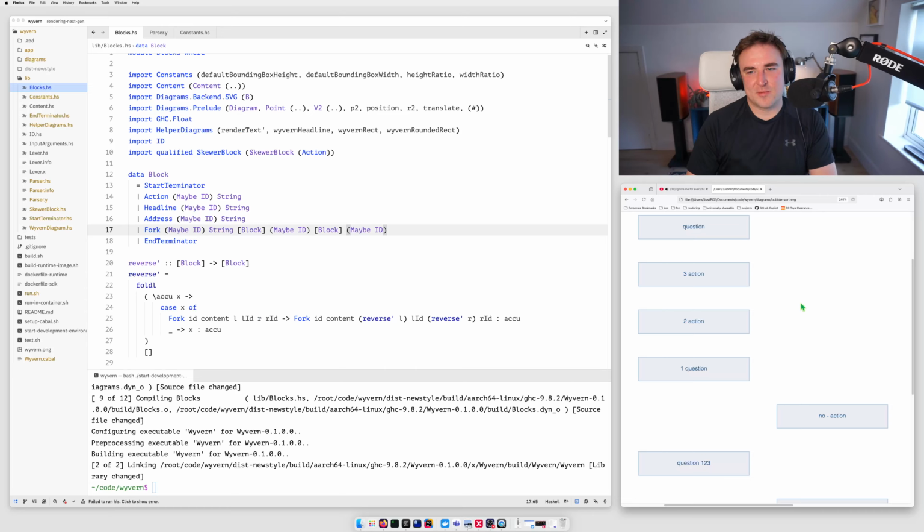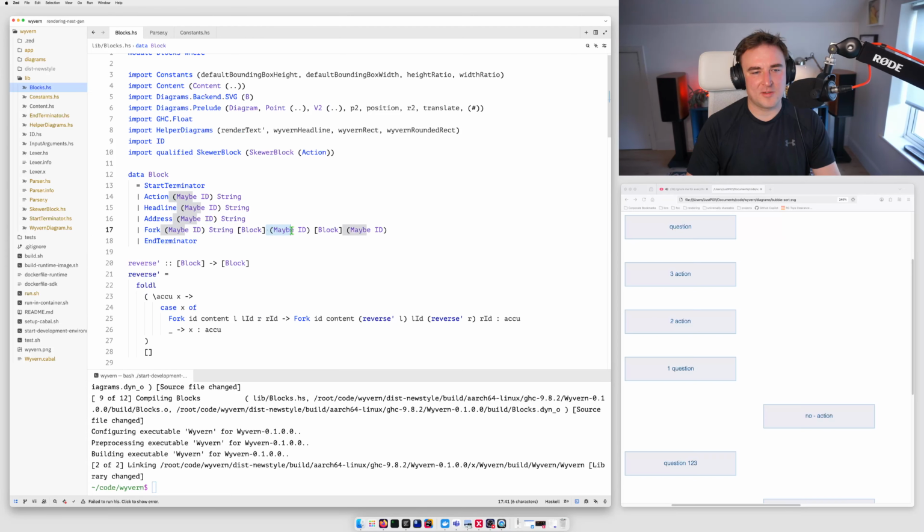However, this is where the complications start. We also have to cater for connections that are not expected, unusual, and this is what is making the whole process of rendering diagrams very tricky. Those are extra connections, namely, in my implementation, these two. So these are maybe identifiers of blocks to which the connection should lead. So say, if we have the right-hand side branch expressed as this type, list of blocks, and also an identifier,